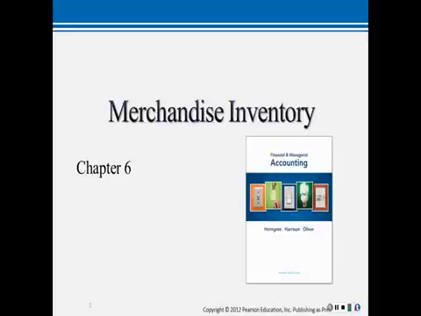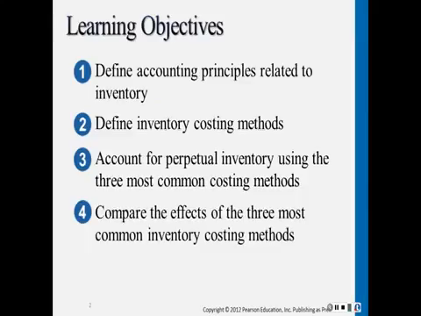Chapter 6 will explain accounting for inventory. The objectives for this chapter include to define accounting principles related to inventory, define inventory costing methods, account for perpetual inventory using the three most common costing methods, compare the effects of the three most common inventory costing methods,